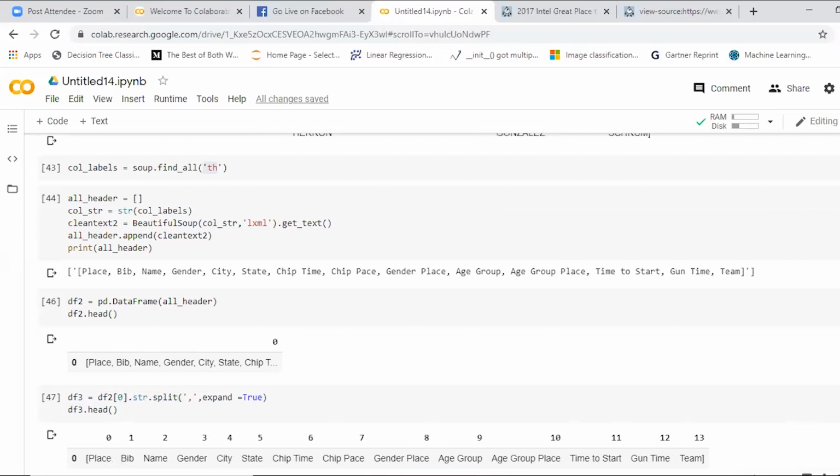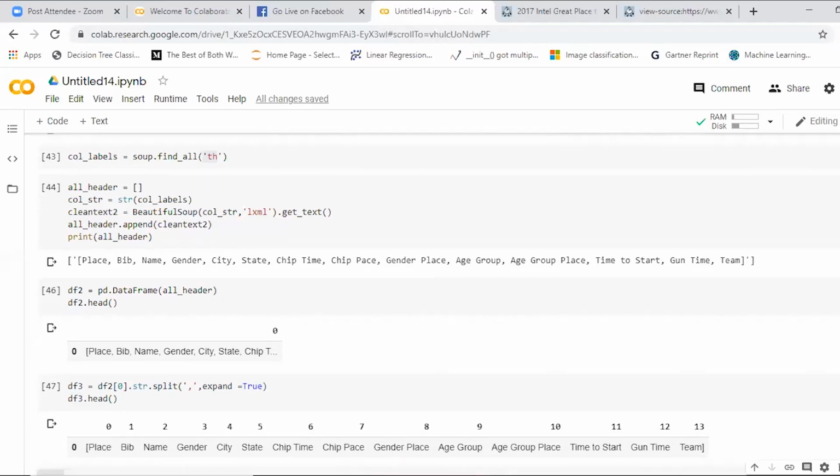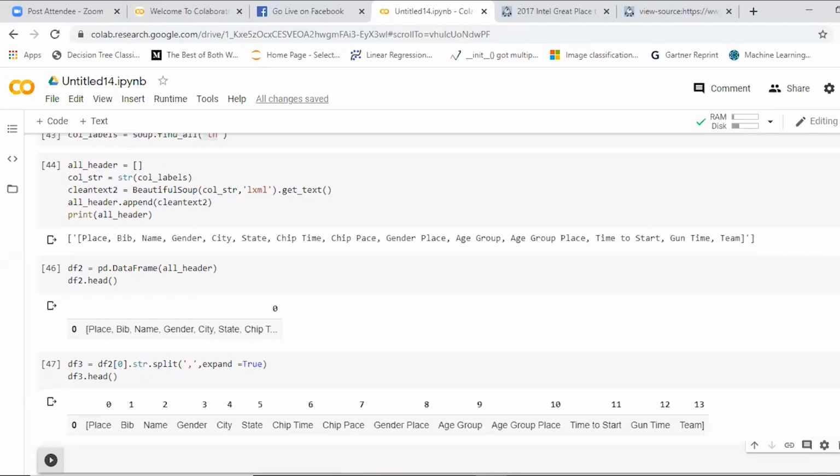We have come to the end. We need to clean it and we need to write. Now we'll concatenate both the data frames. So I create a list. At the end, I'll be sharing everything, don't worry about that. I'll be sharing the recording, and I'll be sharing this file.